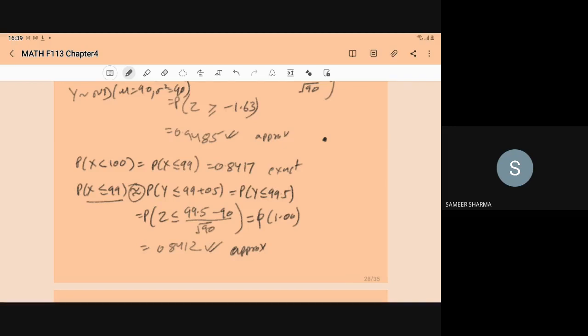Pardon, I am not getting. What is the equality? My doubt is why we did X less than or equal to 99 and added the 0.5. Why didn't we do 100 plus 0.5 directly? No, actually 100 plus 0.5 means you are including the point 100. We want fewer than 100. If you add the half unit correction, it means you are including the 100 point. Clear? Yes.